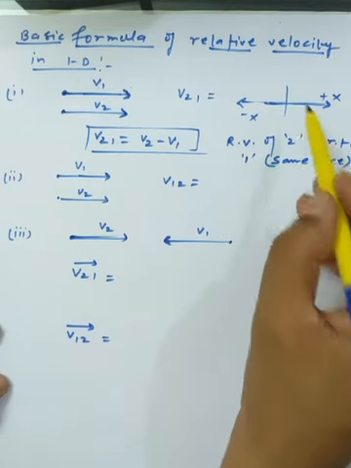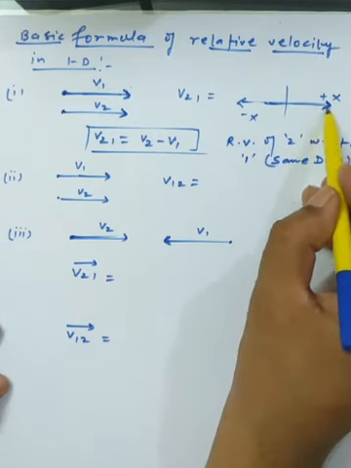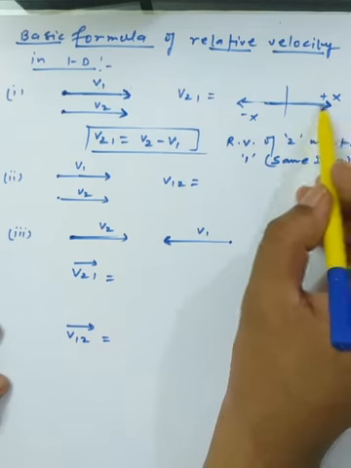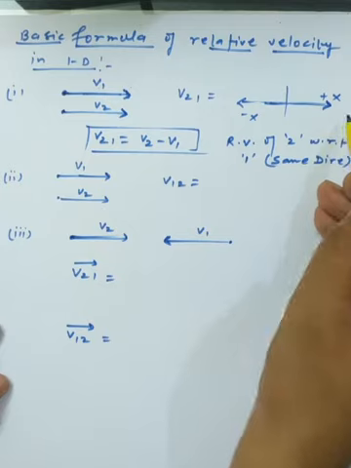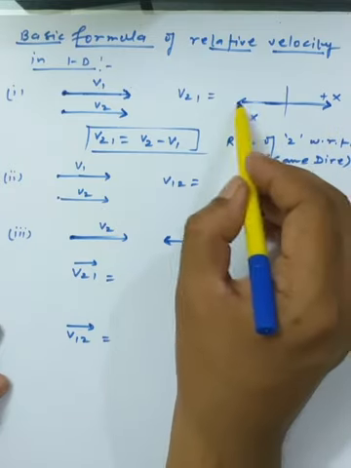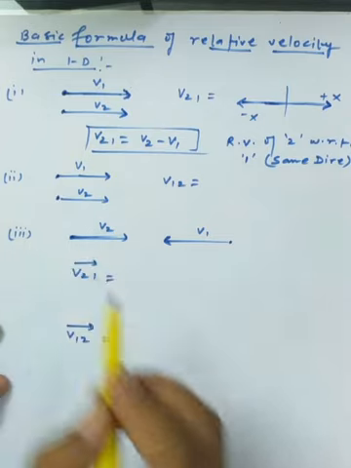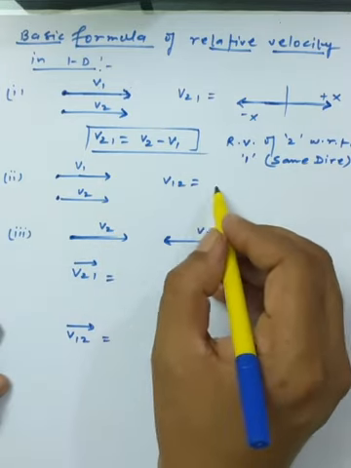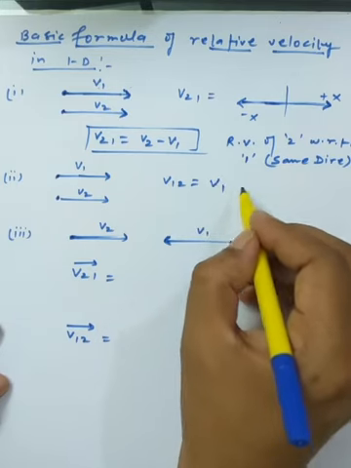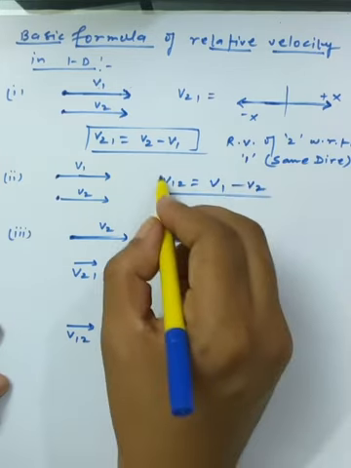We are also assuming the two objects are moving along the same axis, and conventionally the plus x axis is taken as the positive axis, and the opposite of the x axis is called the minus x axis. Now we assume both are moving along the same direction, and someone is asking for the relative velocity of 1 with respect to 2. So simply we can use the basic formula, that is v1 minus v2. So this is the second formula we have.